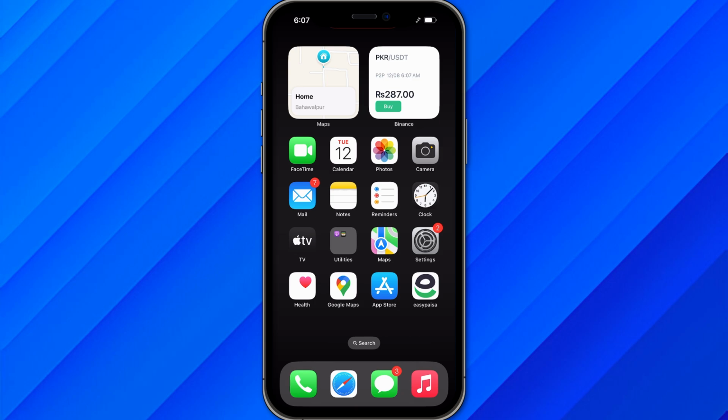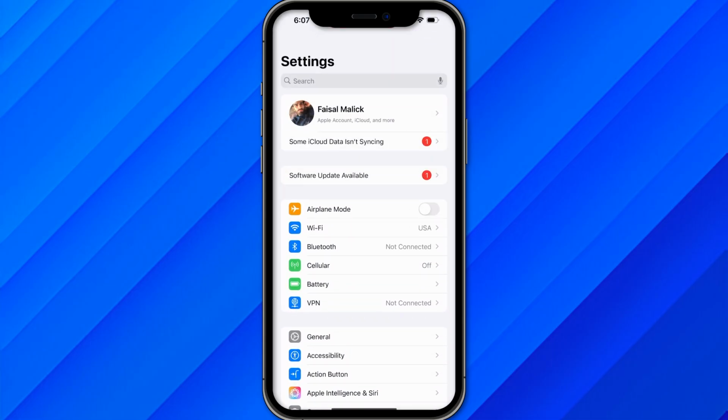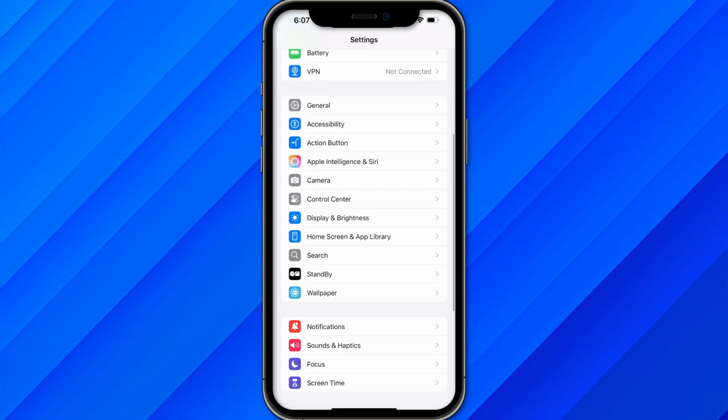Hi guys, in this video I'll show you how to install IPA files on your iPhone or iPad. Now step 1 is just open the settings of your iPhone, and once you open the settings just scroll down